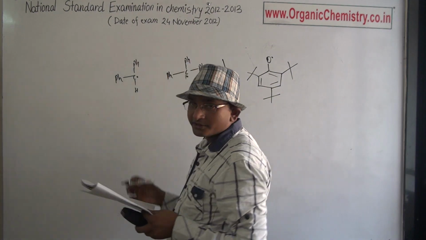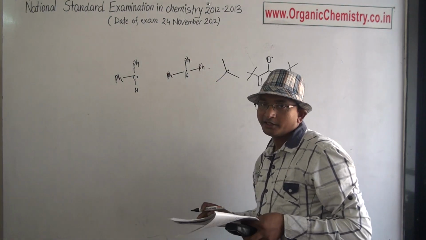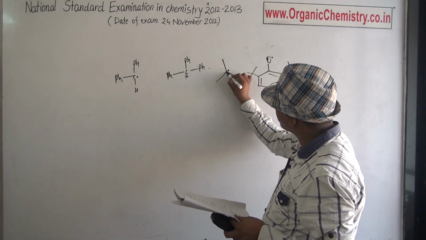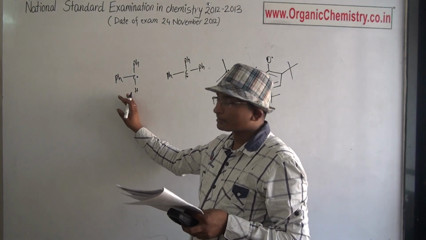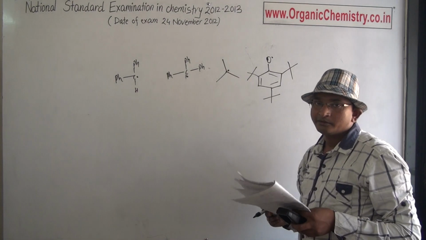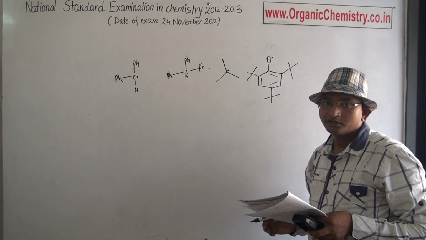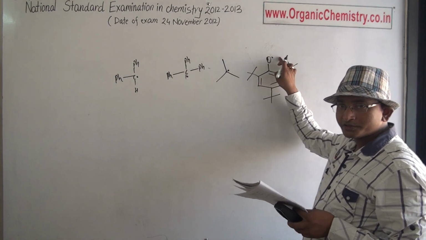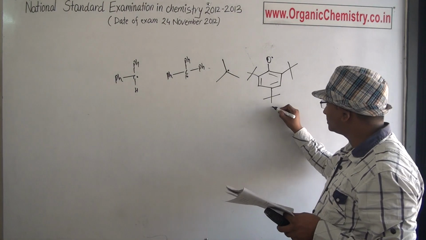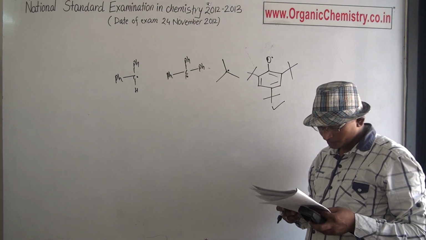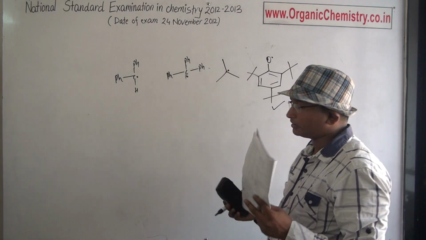Here there is only resonance due to carbon-carbon double bond. Here stability is due to hyperconjugation and inductive effect. But in all these cases, the electron is present over carbon. But compare with this, here the electron is present on oxygen. So a more electronegative atom having electrons is more stable as compared to a less electronegative atom having electrons. So this is the most stable free radical. So the answer is D, 2,4,6 tri-tertiary butyl phenoxy radical.